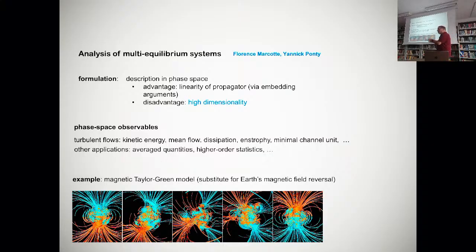Okay, so the way we do that is we're going to go first of all into phase space. Why are we doing this? The advantage of phase space is that if the phase space is large, by